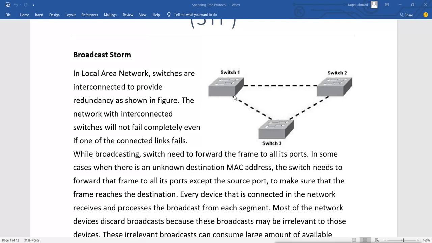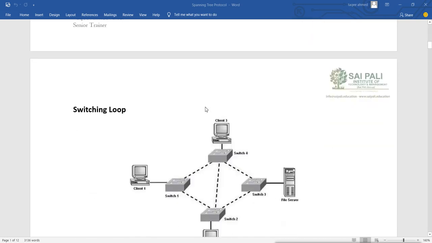In this kind of situation, we can have a layer 3 loop, and when you have a loop, it can be a broadcast storm. The broadcast packet can travel between these three switches for infinity. If someone sends the broadcast packet, it will go to switch 2, which will also do broadcast, switch 3 will also do broadcast, and then switch 1 will also do broadcast, and then all three will start doing broadcast, and then what happens? It becomes the broadcast storm, and it happens when we have a switching loop.